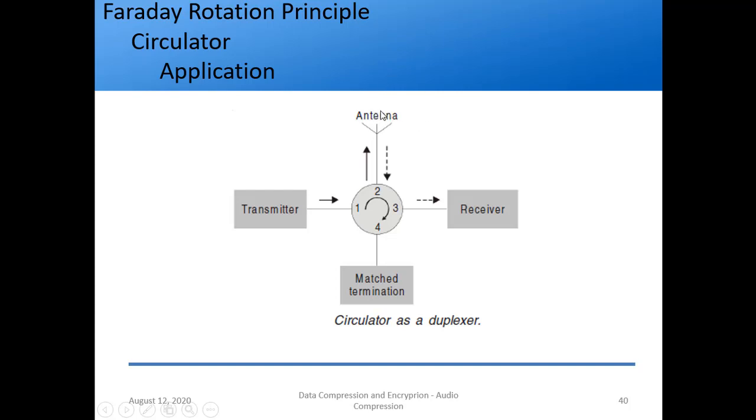But now you know from the antenna and radio wave propagation course that an antenna can act as a transmitter as well as a receiver. So if it is acting as the receiver, obviously the signal should not go to the transmitter, so it will go to the receiver. Why? Because it is acting as a circulator. Input at port 2 will go to port 3, right? And this is a receiver, so there is no question of input at port 3, right? So this is how a circulator is used practically, one of the examples.